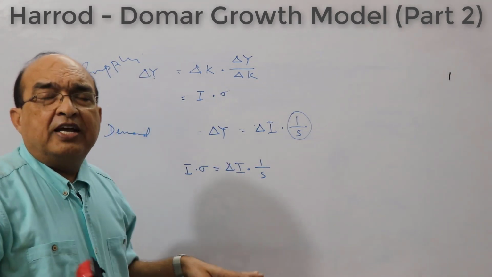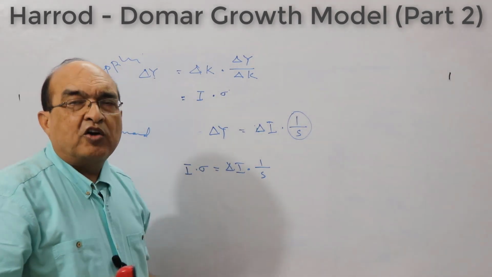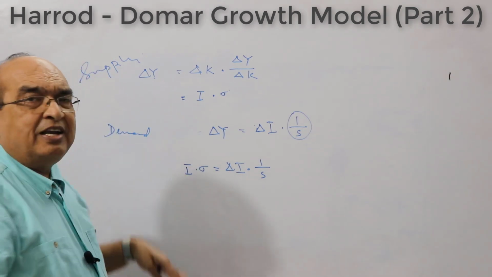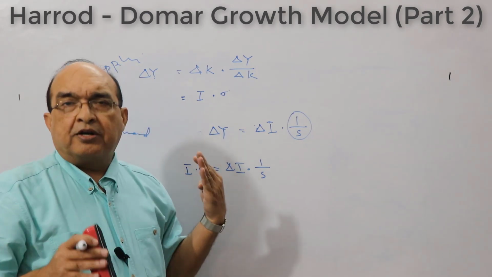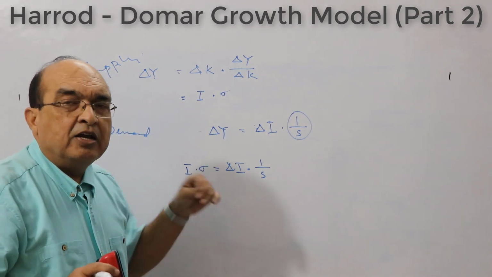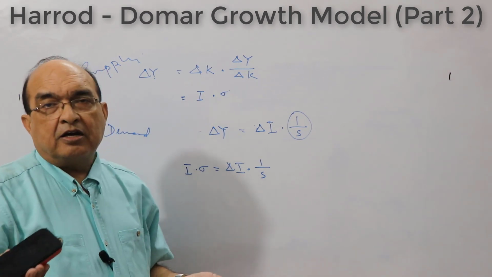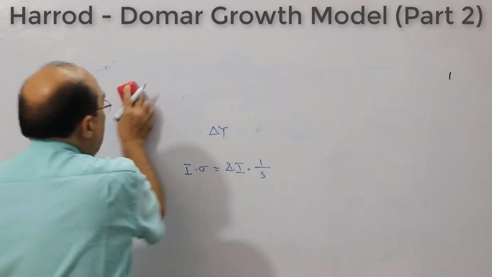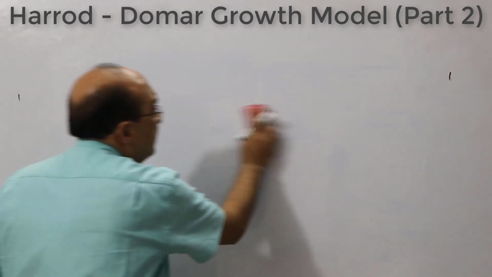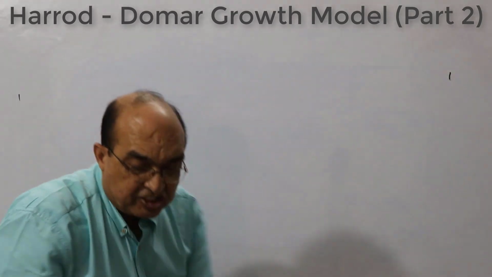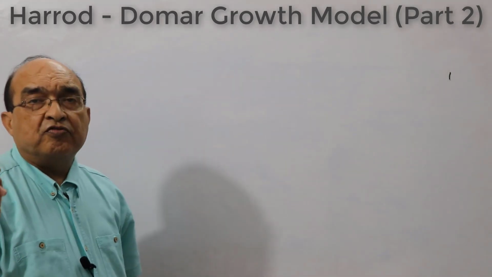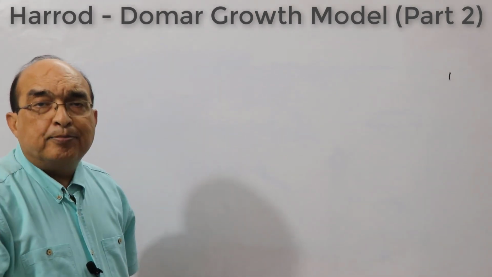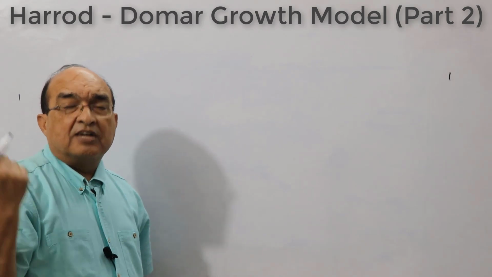If they are not, then it is not equilibrium, and we will see what will happen if equilibrium is missed. And for that we will take the graph route. We will be presenting it through geometric means, graphs. But before that, let me mention the assumptions of Domar's model. Even the assumptions are not very different from Harrod's assumptions.